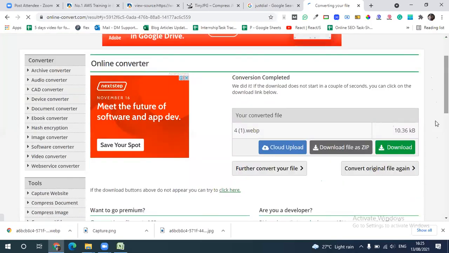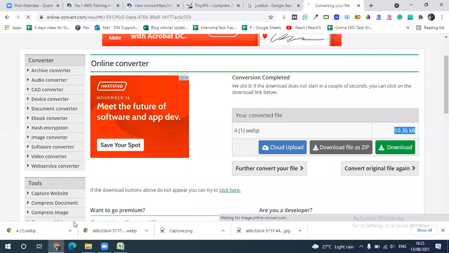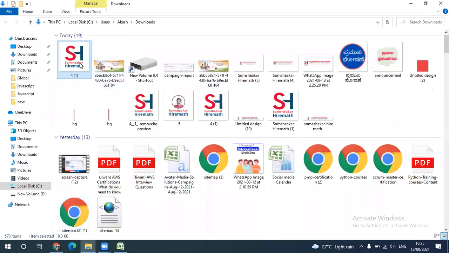You can see how much it happened: 10.36 KB. This image is converted again. You can see 10.3 KB. Okay, what was the original size of the image? It is 54 KB. You can see an 80% reduction happened here after converting to WebP.